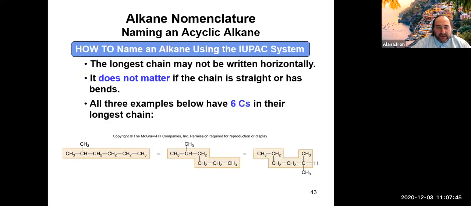So like I said, longest carbon chain, doesn't matter if it's the straightest. You do want to kind of choose all of your options and figure out what is the longest. And again, the only real rule is you can't backtrack. So if you start going this way and you go up and you go over, you can't hit a dead end and decide I want to go back, down, and around. You keep going in one direction, whichever it leads you, until basically you hit a dead end for your longest